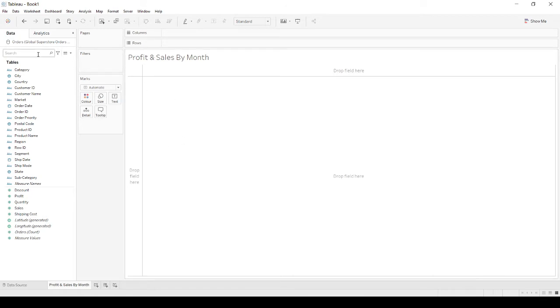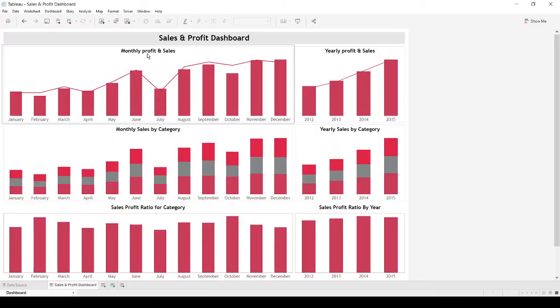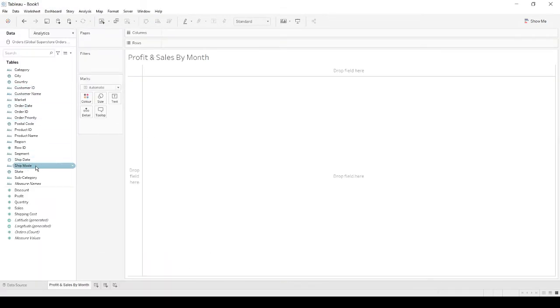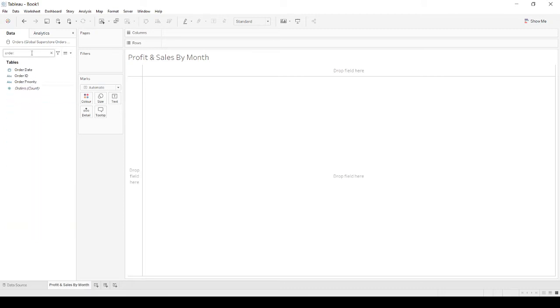You can see lots of fields here. In the first sheet on this dashboard, we are showing monthly profits and sales. I'll be dragging the field called order date, which you can also search from this panel, and I'll drag this to